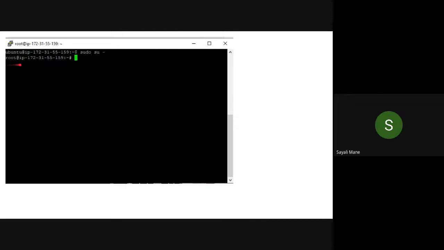Done with typing the sudo su command. Yes, okay. So now you have entered into the root login and this is the IP.